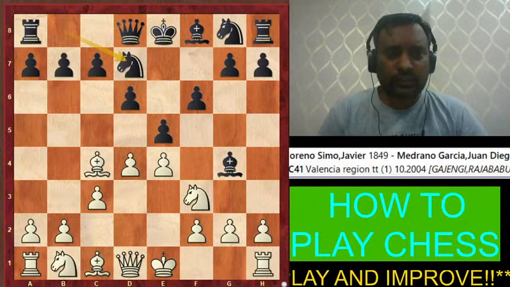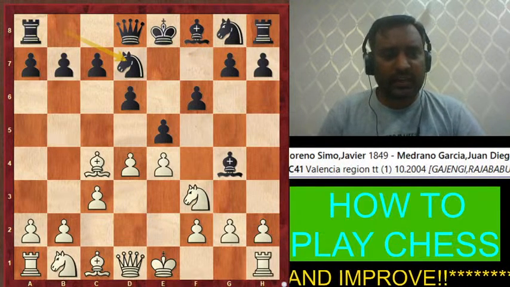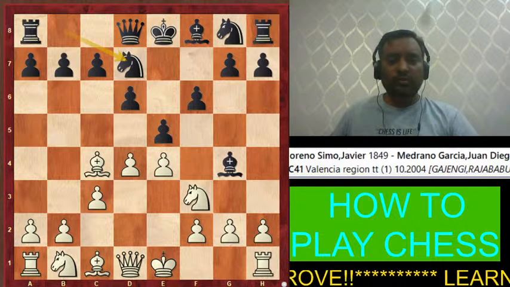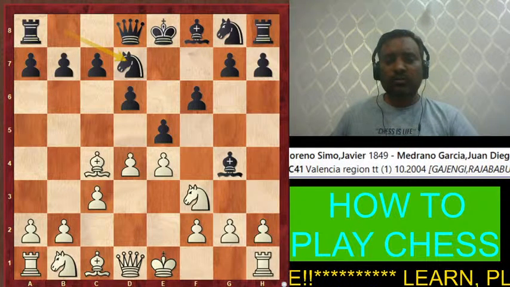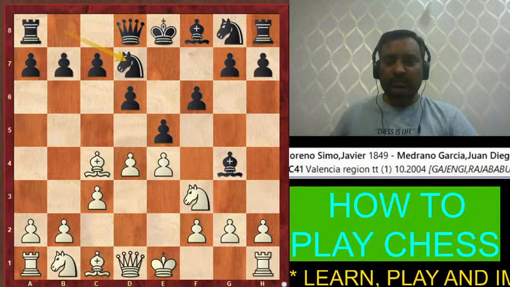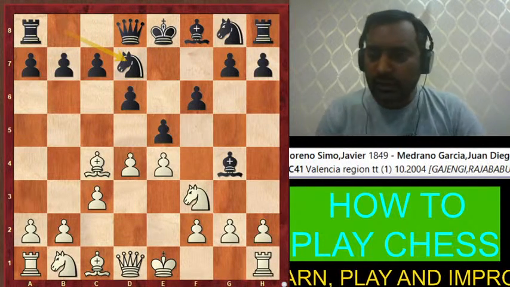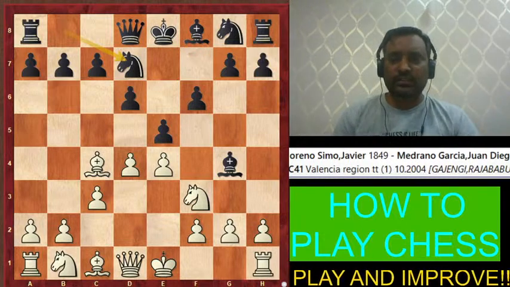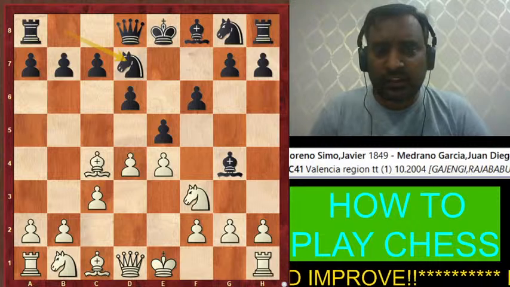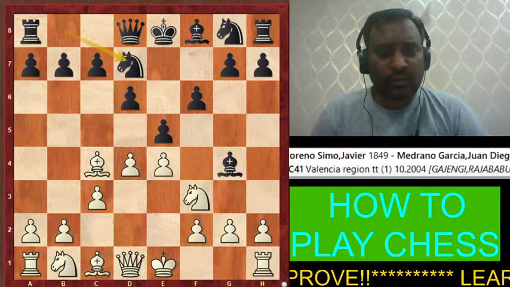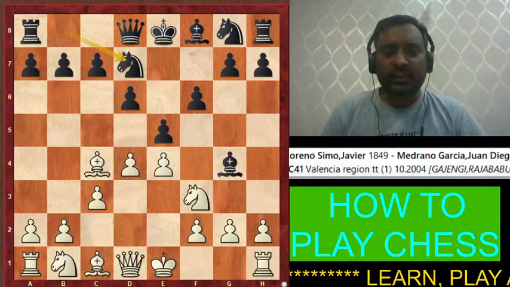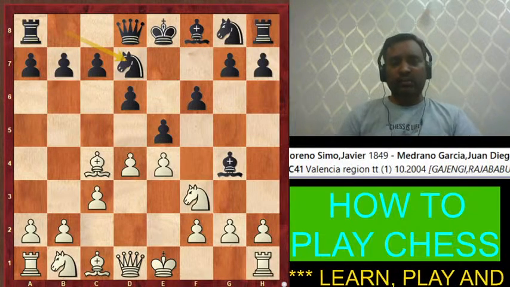Okay, come on now. Tell me which move we should play here. As white, which move should we play here in order to continue? Come on everyone, I am waiting for you all. Which move should white play in this particular position? Come on guys, because that move will make us win the game. Tell me which move white should play here to increase the attack.